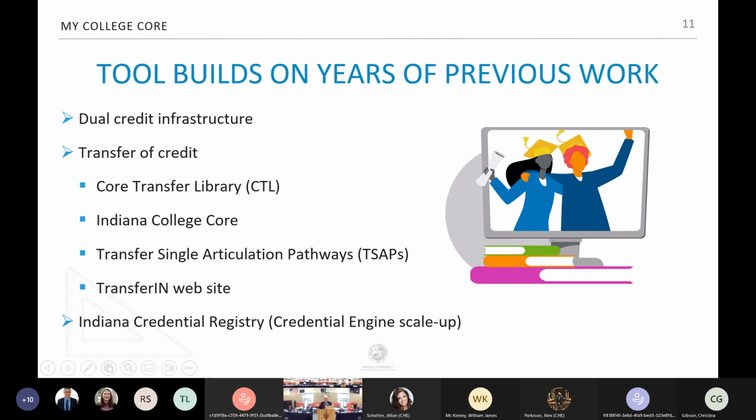The Indiana College Core itself is over a decade old now. The single articulation pathways, 2+2s, TSAPs, as we refer to them, are a decade old this year. The transfer-in website goes back more than 2 decades. And Credential Engine work, which also provides a technological link that I won't get into at this moment, goes back 6